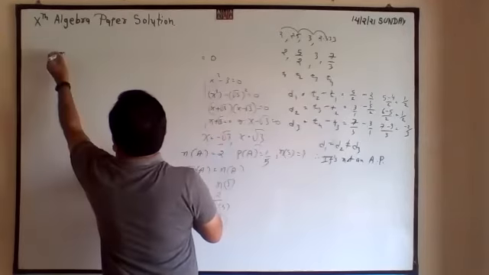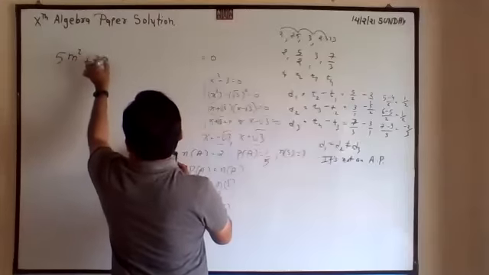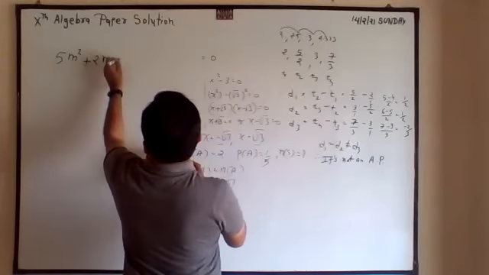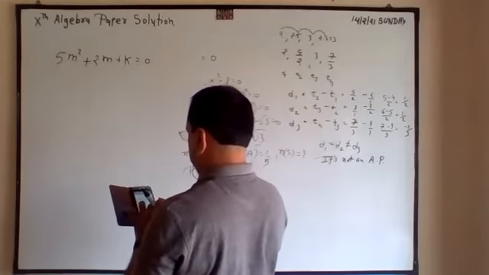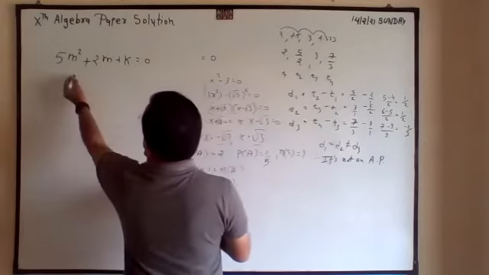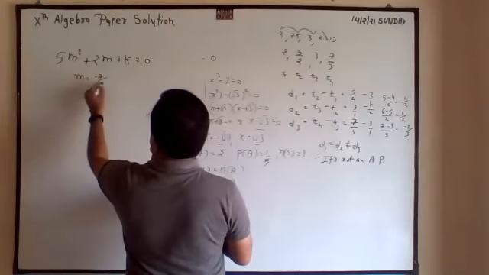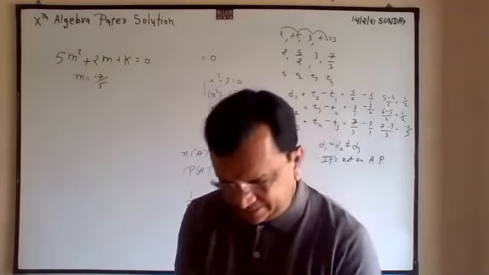5m square plus 2m plus k is equal to 0. And m is equal to minus 7 by 5. So to find k,